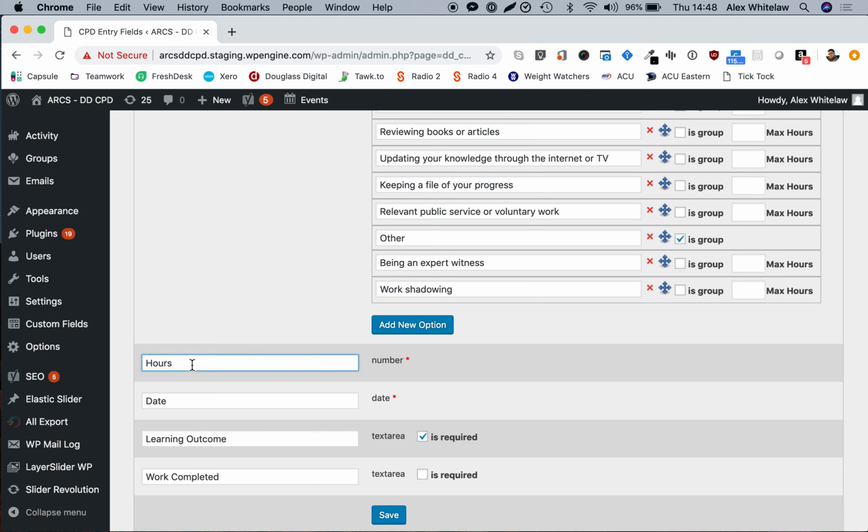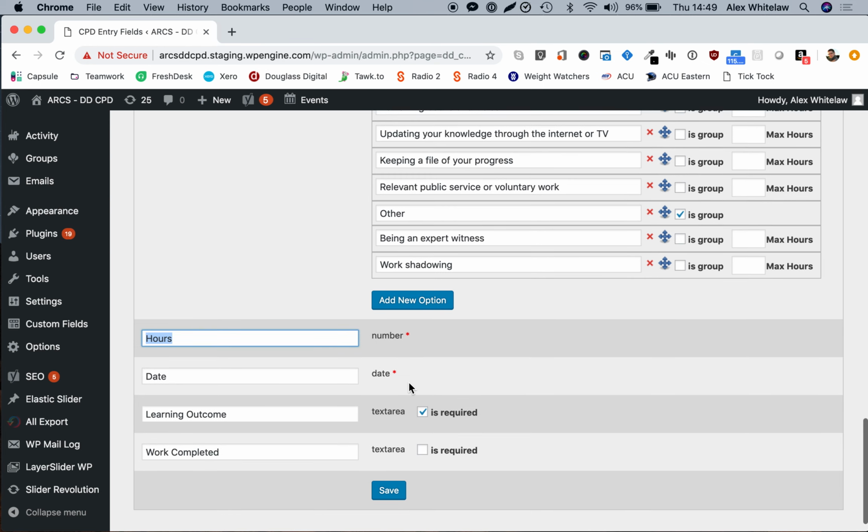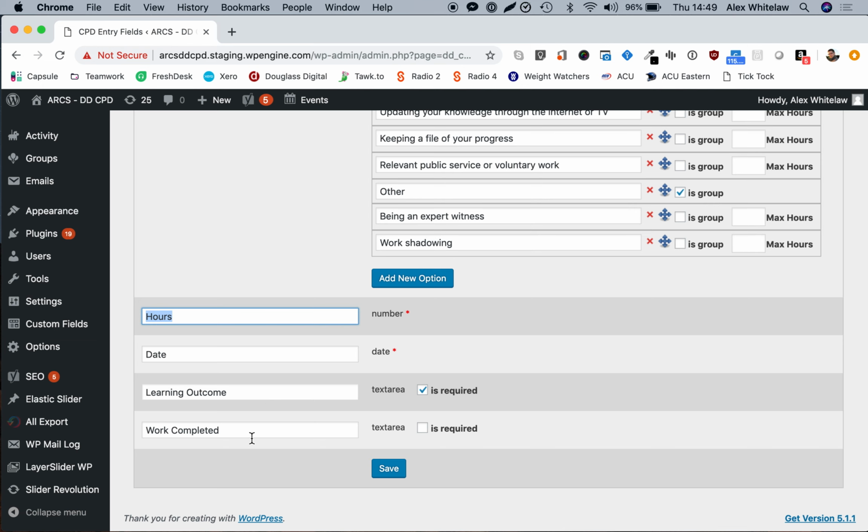You can change hours over to points here just by writing points in, and that will update the system. Date again is just to show what the format is. We need to add some wording around here to explain these a little bit better. And then these are the learning outcome and the work completed, which are the fields within the